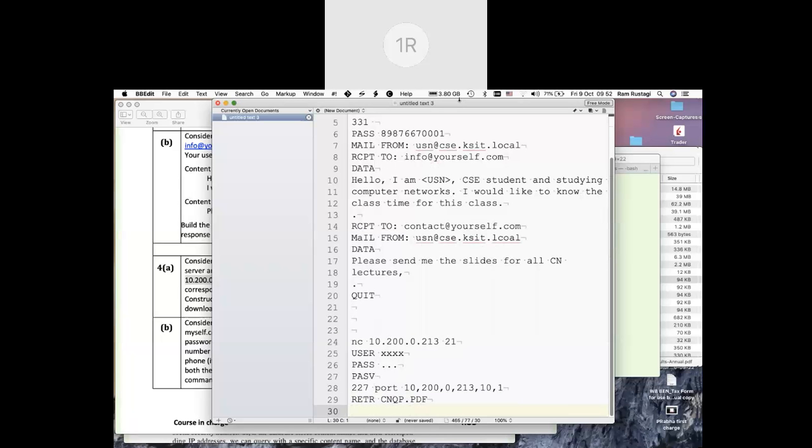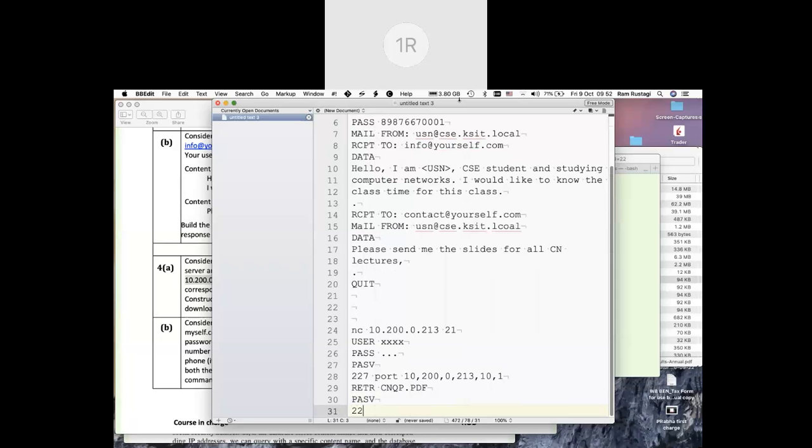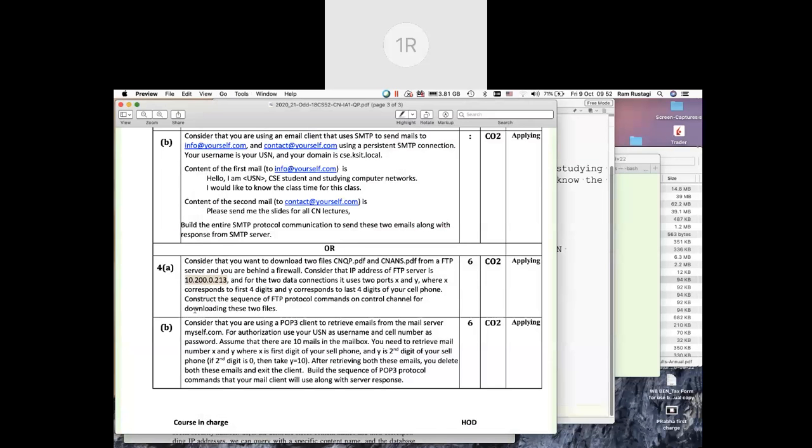cnqp.pdf, and then the answer would be file transferred. Then you again do passive, server would respond 227 with 10, 200, 0, 213, and the port number happens to be the last 4 digits. So let's say the last 4 digits happen to be 90009897.